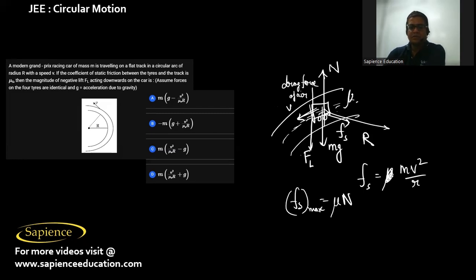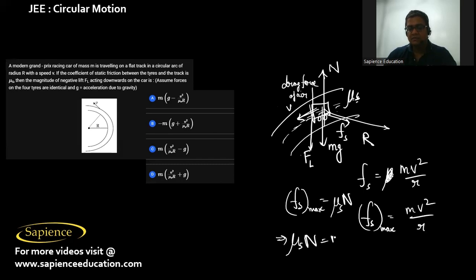Here mu s is the coefficient of static friction in between the track and the tires of the car. So now, fs max is mu s into n. If it is traveling with the maximum speed, then fs max will be equal to mv square by r, so mu s into n will be equal to mv square by r, and this n will be equal to Fl plus mg,